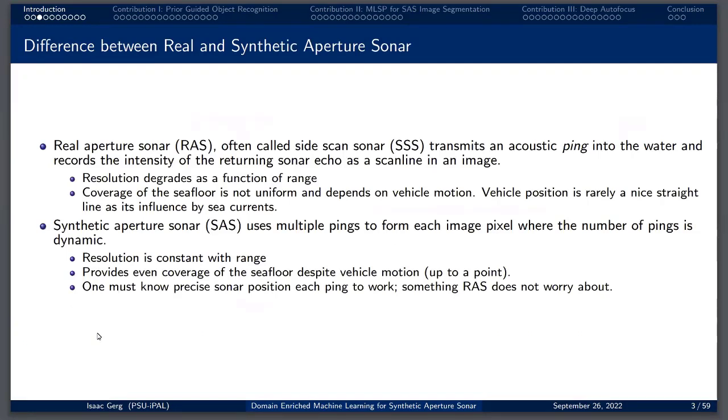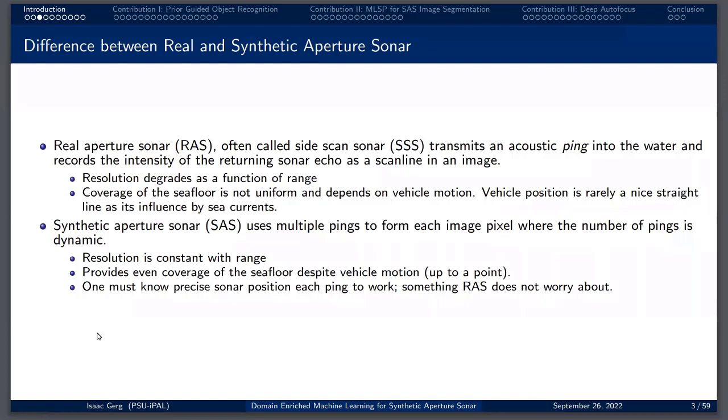So what does it mean that we have a synthetic aperture versus a real aperture? Real aperture sonar, which is often called side scan sonar, you can think of as sort of what you see in the movies. You're going to transmit an acoustic ping. The intensity of the reflection is going to come back, and you're going to take that reflection and turn it into an intensity map. So you're going to develop these raster lines as the vehicle propagates through the water. What's a